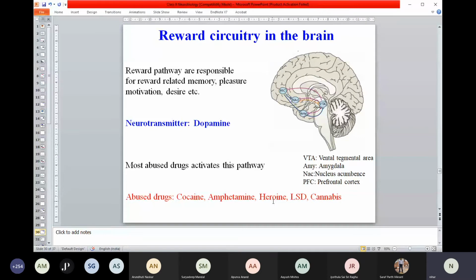And one of the important things in terminology is called euphoria. Probably next slide I'll talk about it. Euphoria means intense happiness. So that tells you why people use it. If you want to get happy, get energetic, get very, very happy, that's the purpose people use these drugs. But once you use for a long time, you become dependent on the drug. So that's a different aspect. So now the question comes here, how did that happen?